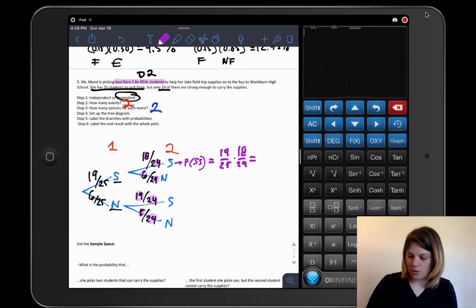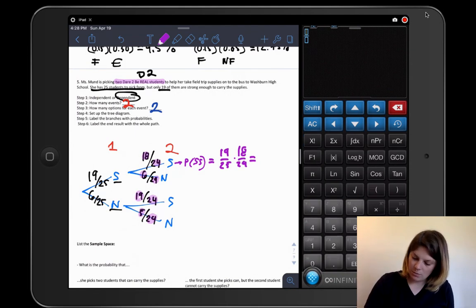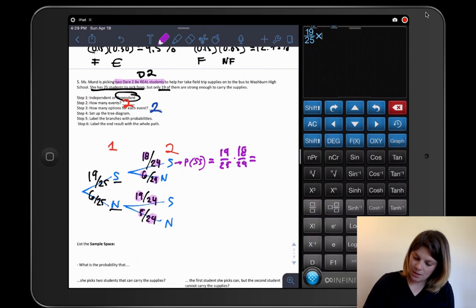So definitely important that you know how to use your probability or your fraction button on your calculator. So this would be, going back, 19 over 25 times, we need another fraction here, and then this would be